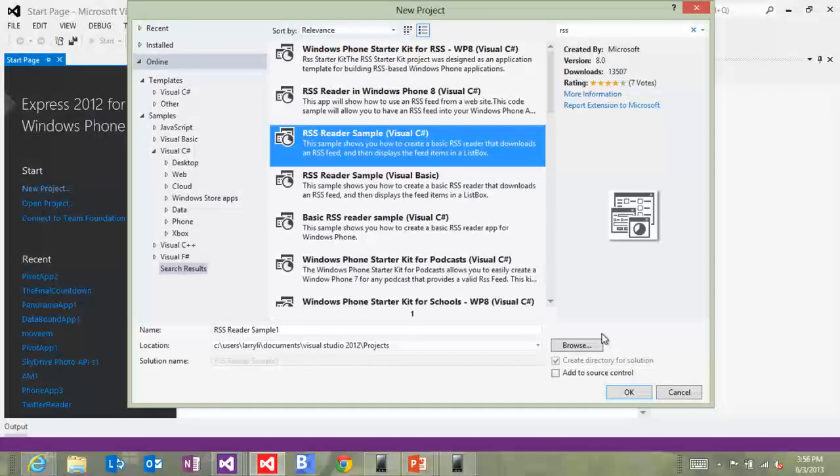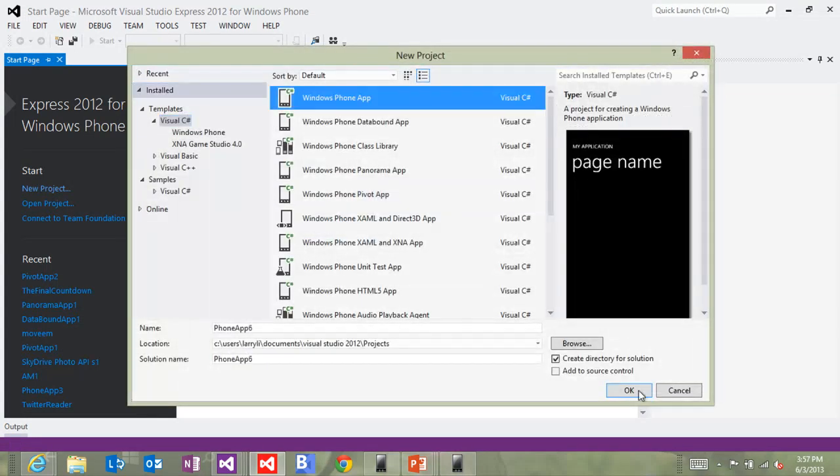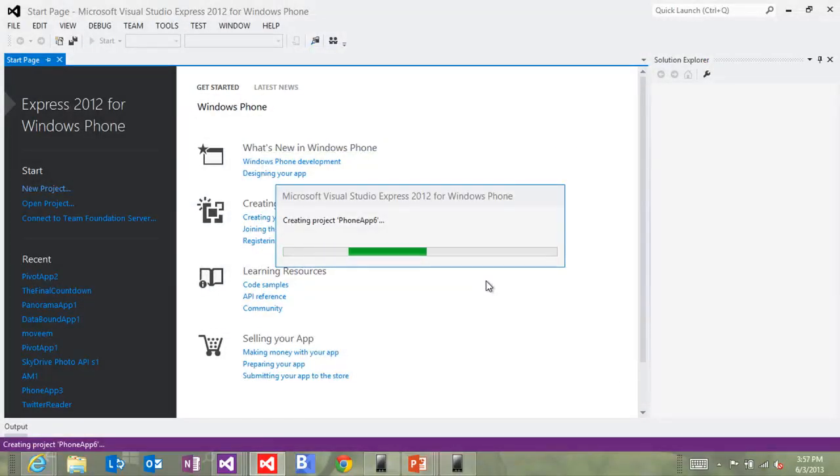So if I've added value to you in any way, hopefully this has been something valuable. There's tons and tons of samples here. So I know that when I'm doing development, the first thing I always do is I look for, did someone else do this before? All right. Now, when I go into a project, let's just open up a blank project just really quick. And then I'm going to move on because there's a couple other things I want to show before we run out of time.